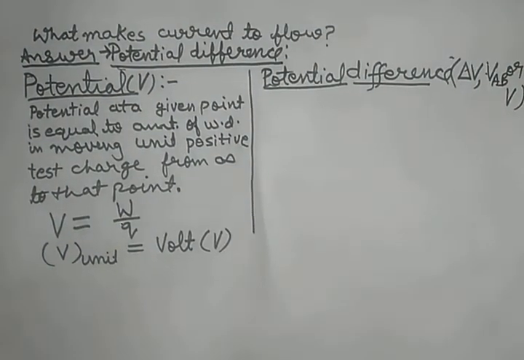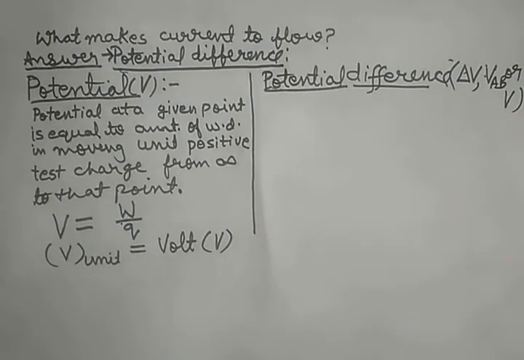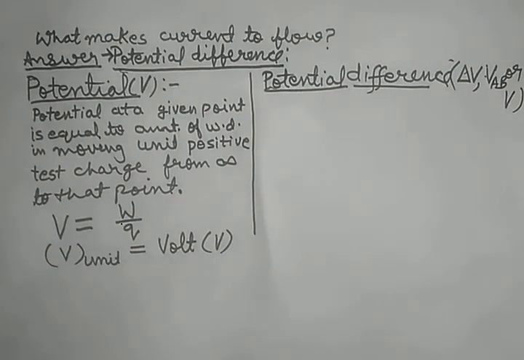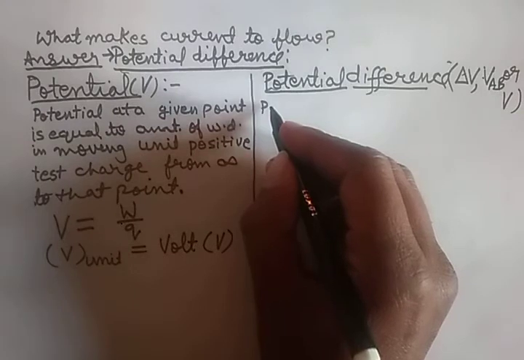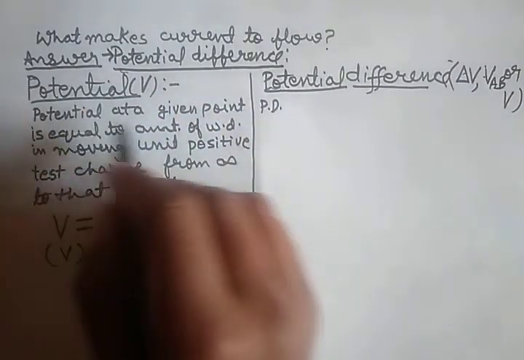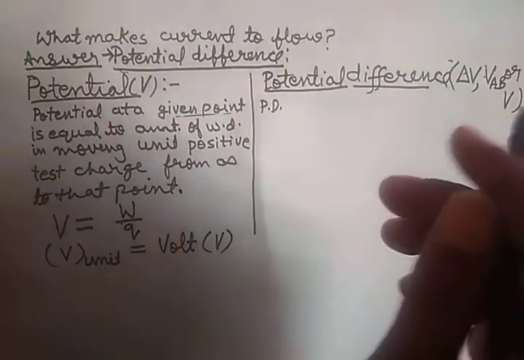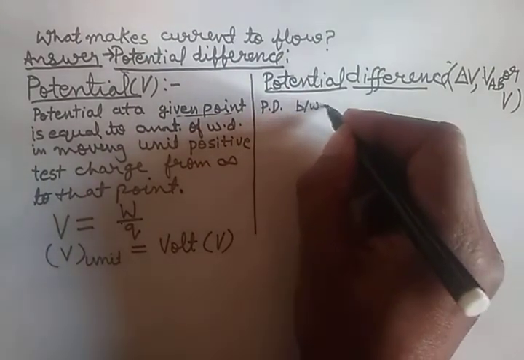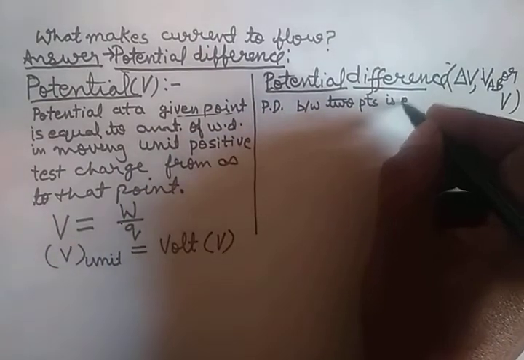So volt is also symbolized as V. I hope this is the first physical quantity in physics that is this simple: the symbol is V and the unit symbol is also V. But it is a very complicated one. Now, what is potential difference? First we will define potential difference. See here, potential at a given point, but potential difference means we have to subtract two terms. Potential difference between two points is equal to